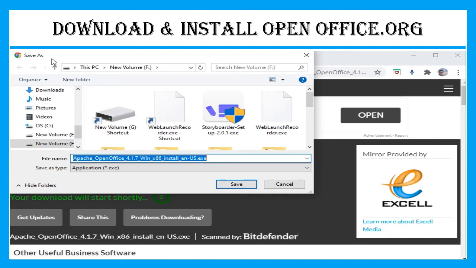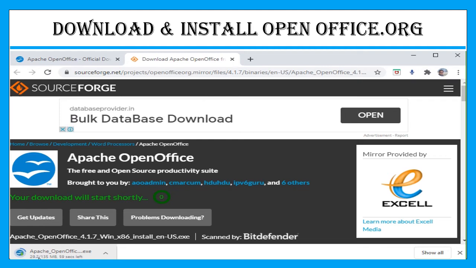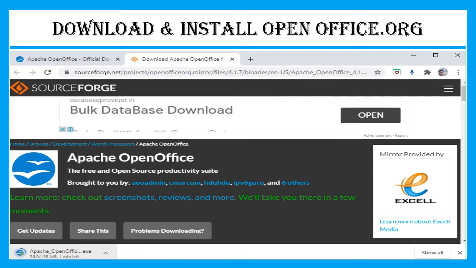And now it is showing save as dialog box. So save this executable file in the desired location. Click on to the save button. And here you can see it is downloading this executable file, 1 minute left.